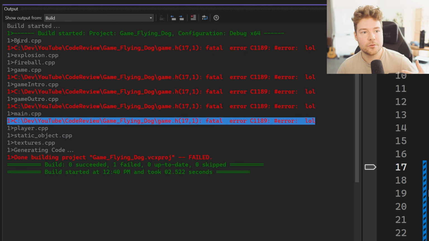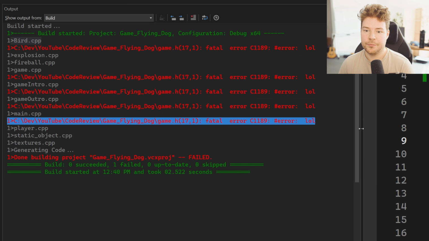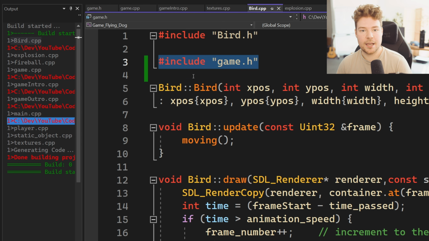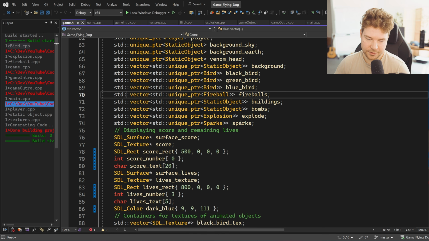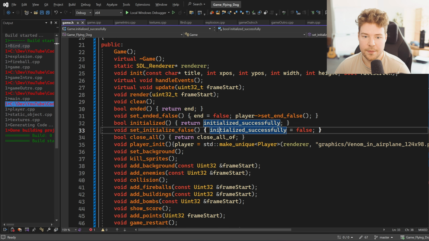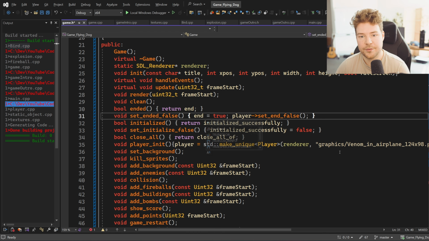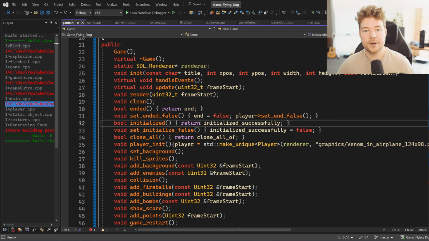Because it's trying to, independently from anything else, compile this one file, bird.cpp, which if we look that up, you can see that, yeah, that does include game.h. So my point in saying all of this is that that's one downside you have to consider when you do write a function here. If I do actually change something, like, oh, this actually needs to be true or whatever, then suddenly I have to recompile,